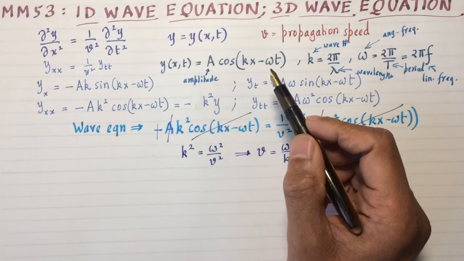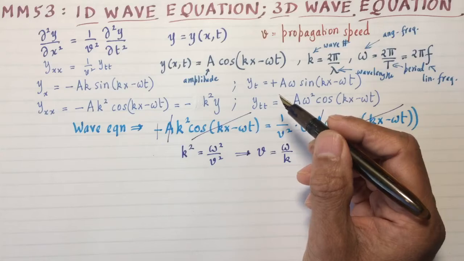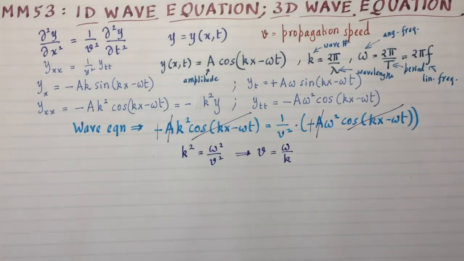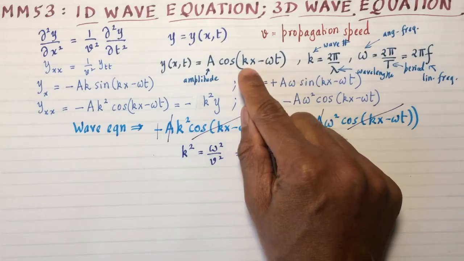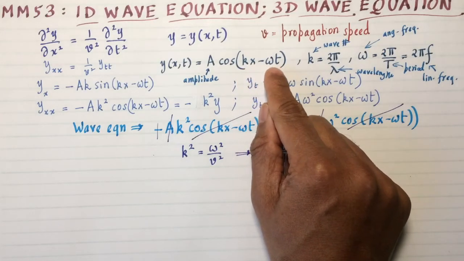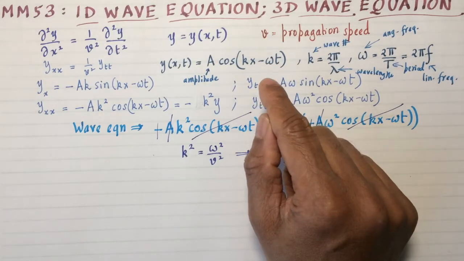In our universe, we have the unfortunate property that time always marches forward. How nice it would be if sometimes time runs backwards to correct our mistakes, but that's not how our universe works, or our branch of the multiverse certainly does not have that property of time. Since time always marches forward, negative omega t keeps decreasing. Now the only way kx minus omega t can remain constant, so if you're focusing your vision on a particular point on the wave,